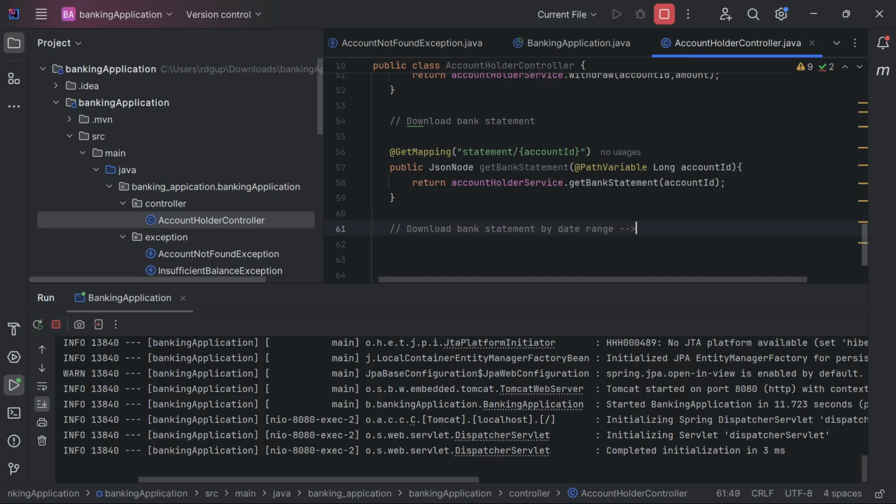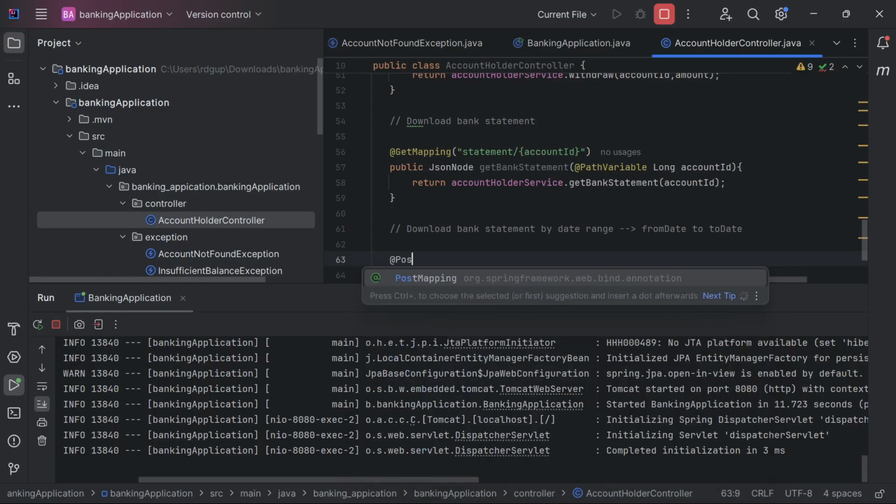For example, suppose I want to fetch the bank statement from this date to this date. So here we are going to create an API for customized dates, where the user can choose according to the requirement. Basically, he is going to put from date and to date as per their choice, and fetch the data. So here we are going to create a post mapping,